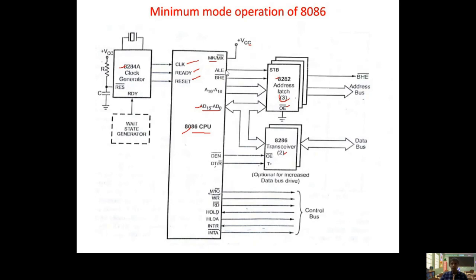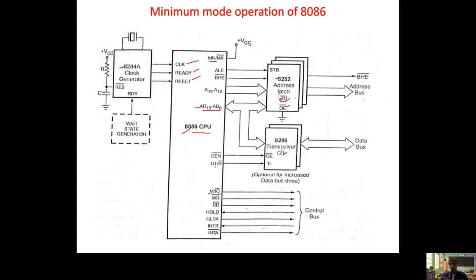Nothing but the first part of the machine cycle. So if you give ALE equal to 1 during T1 time, that information is given to STB, and accordingly STB, which is nothing but a combination of 8 D flip-flops with a common point. So each latch has 8 D flip-flops, and for all those latches the common point is STB. That STB is connected to ALE, so automatically it will take the multiplexed address and data lines and make them